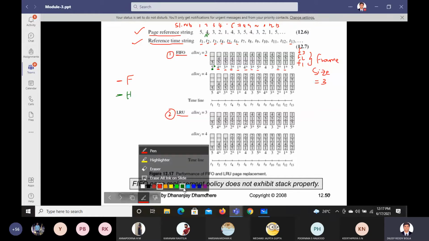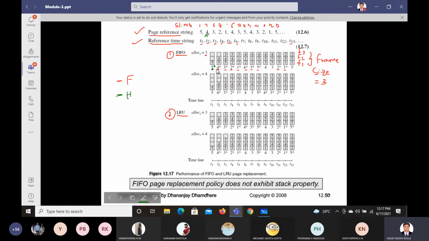Now next is what? 4 is done. So initially the first 3, if they are different, by default it will come like this. 5, 4 and 3, it will come directly, and it will continue. 5 will continue and 4 also will continue. Till this point there is no doubt in the algorithm. Is that clear? It will go by default.